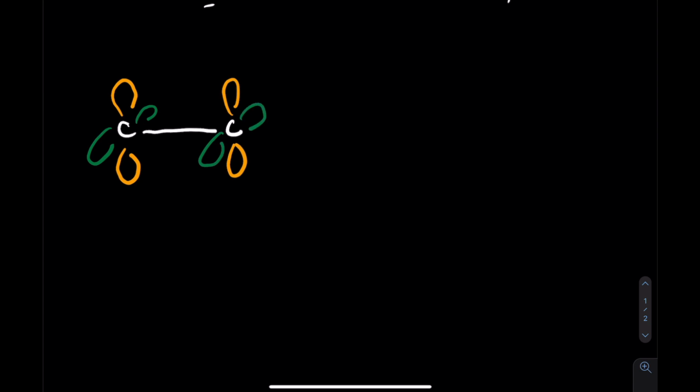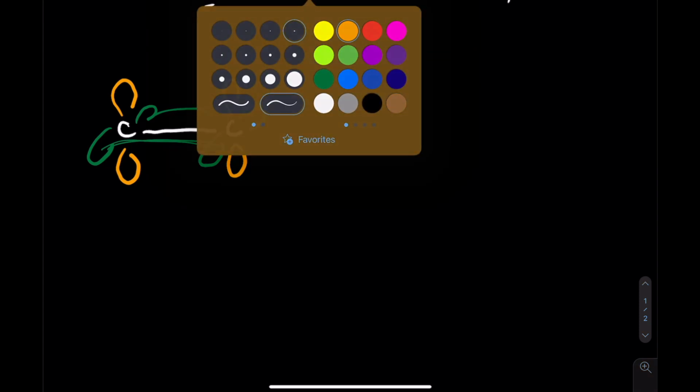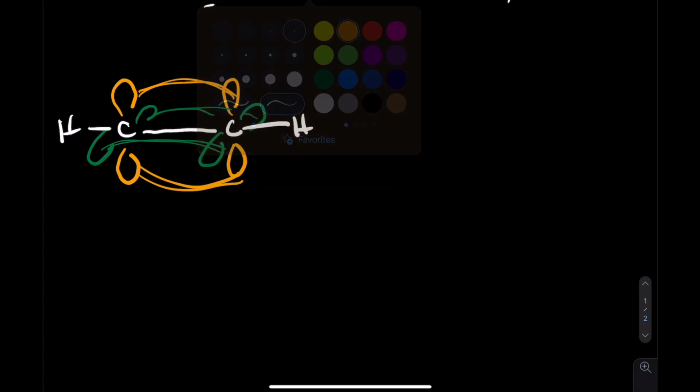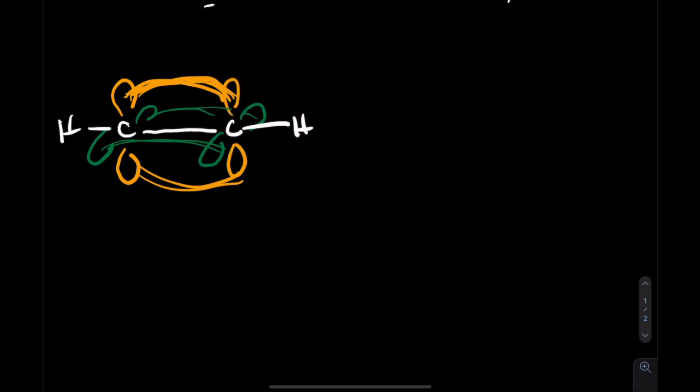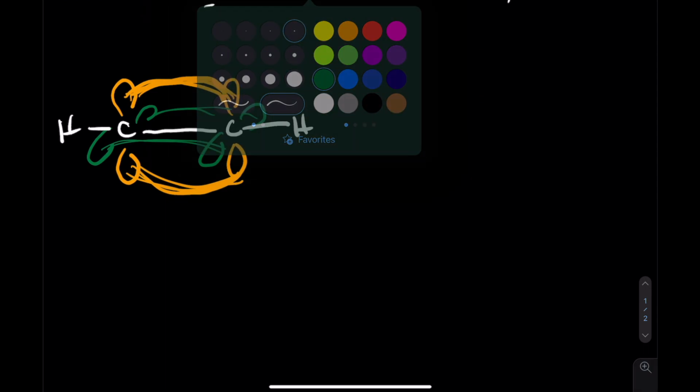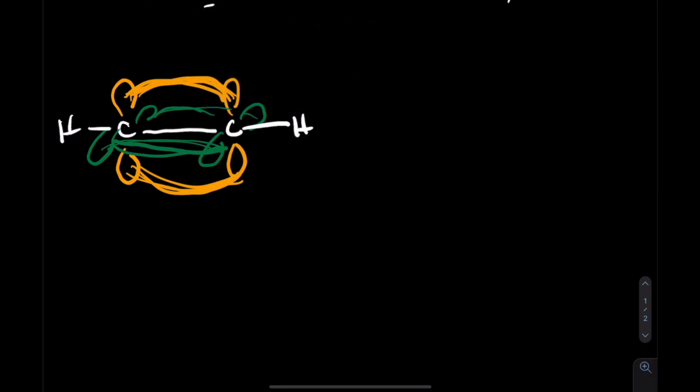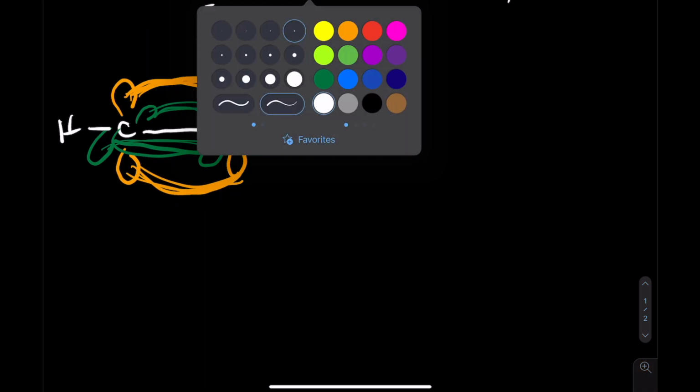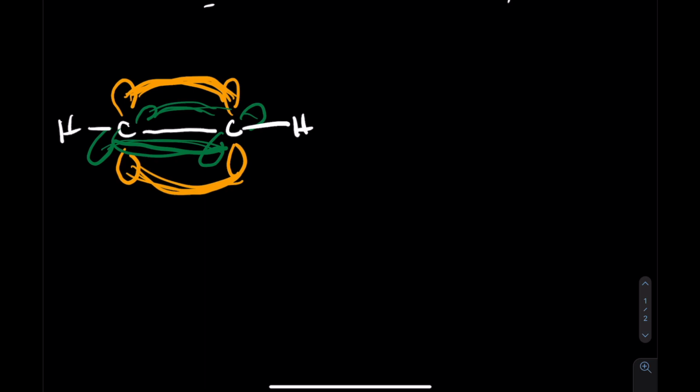So these have an awful lot of electron density. They have electron density going through here on the sides, and they have electron density on the top and on the bottom. And essentially, they are very close together, right? So let's just say this is acetylene. That's coming out here, and that's coming out here. Our triple bond is formed from electron density above and below, and then to the left and to the right. All right, and that of course means that all that electron density connecting everything together,